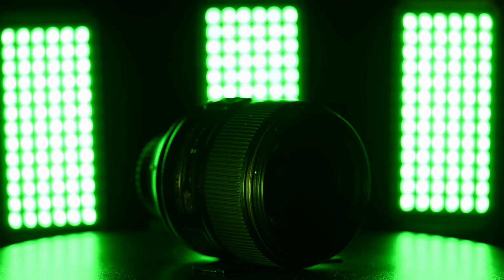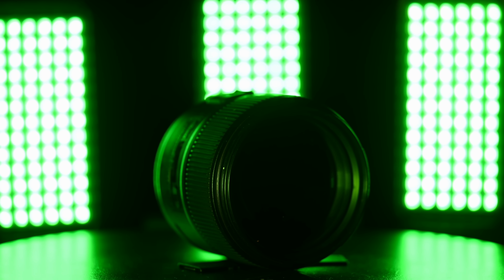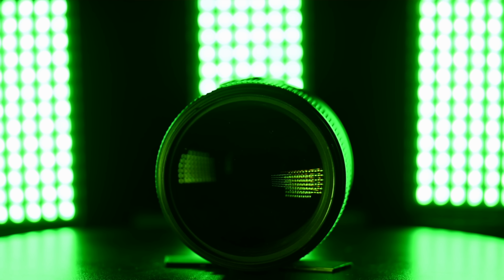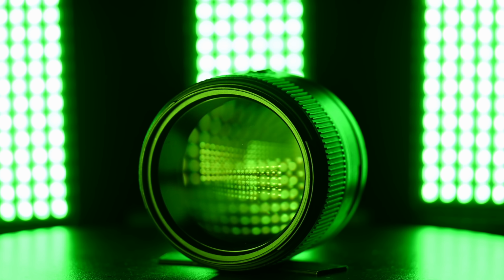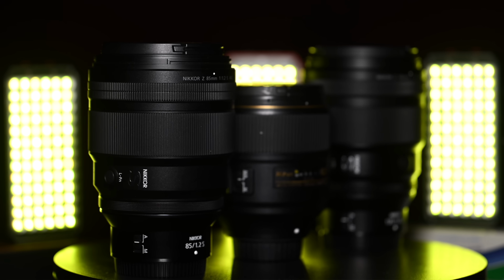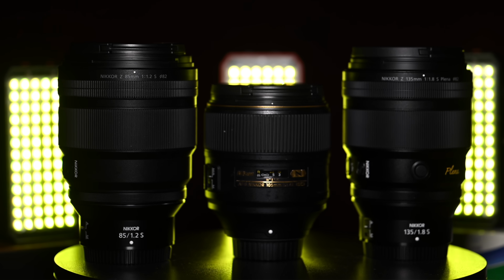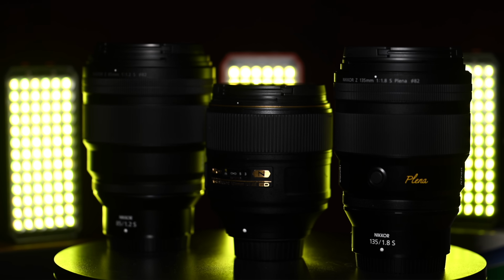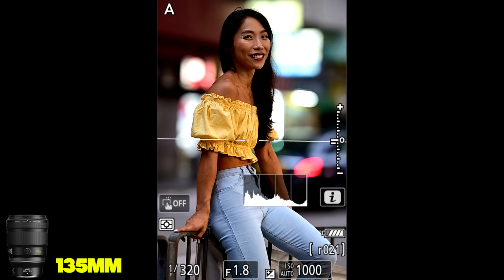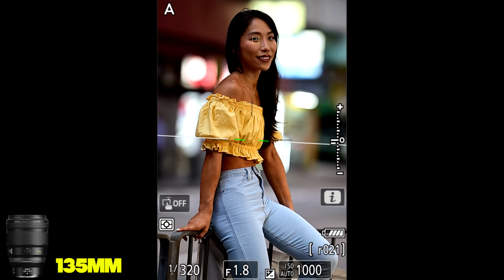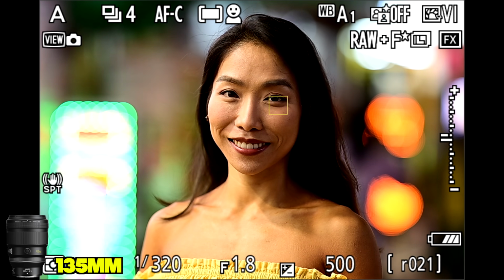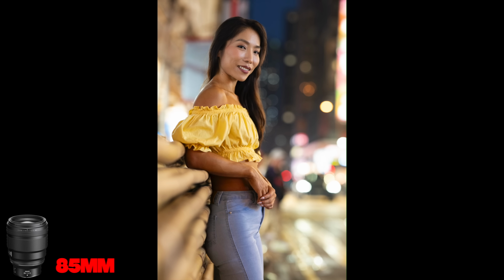But when you add the FTZ Mark II in at $250, it becomes $2,350 and just around 1,100 grams, so almost the same as the 85mm. But you'll note its closest focus is 1 meter, so it's about 20% further than either of the newer Z lenses. Stepping up to the 135, it is the slowest of the group at a maximum aperture of f1.8, but